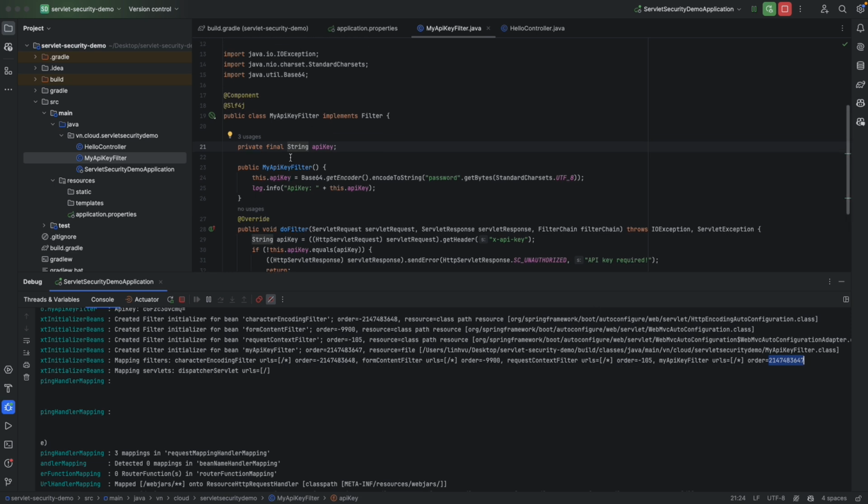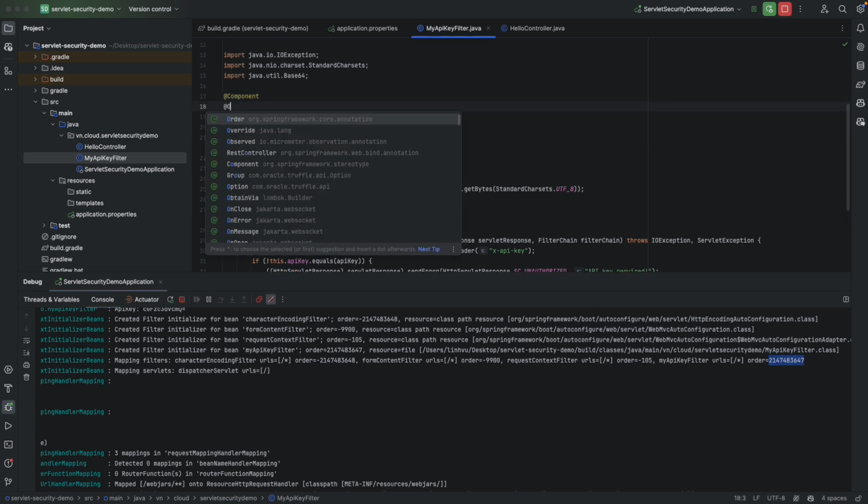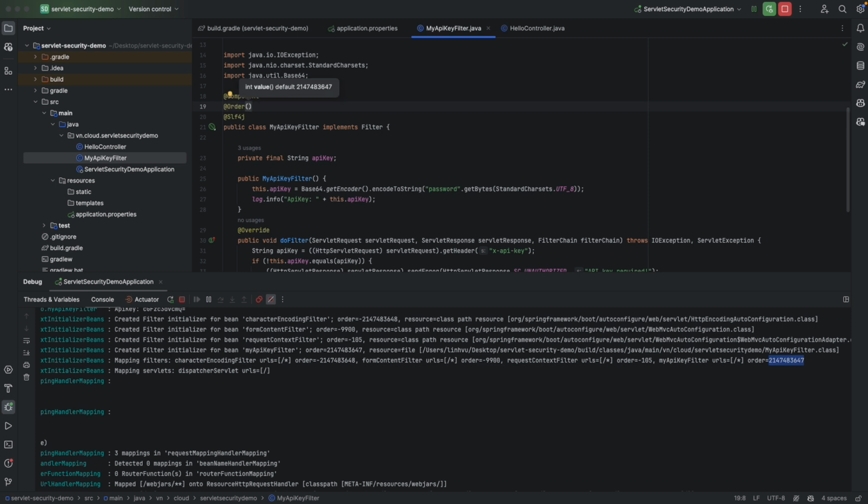But let's create the @Order annotation here, @Order minus